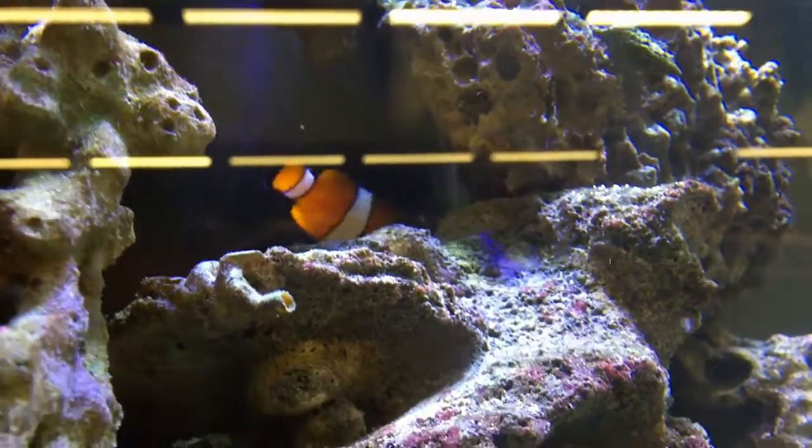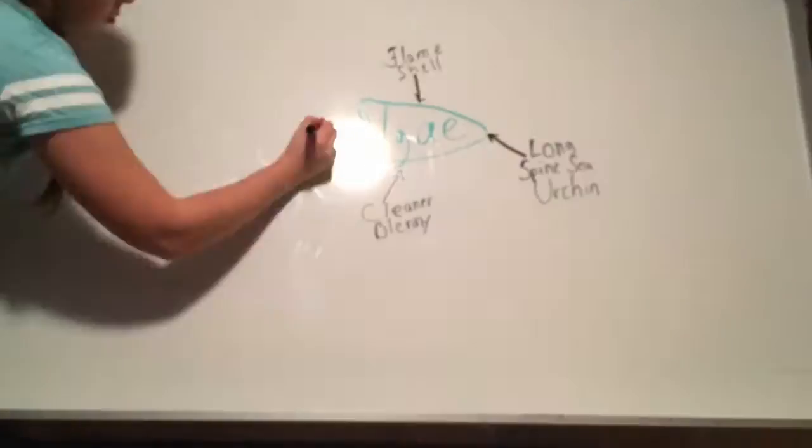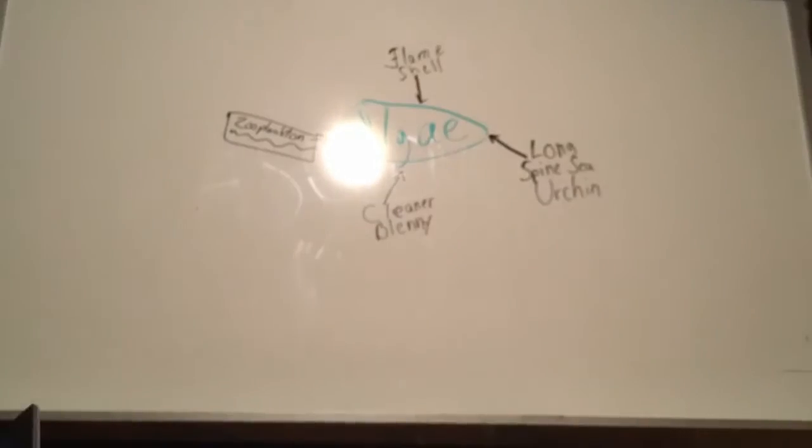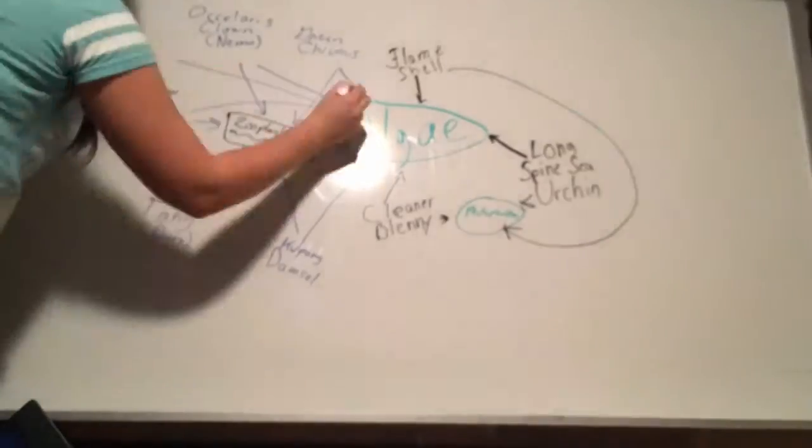The producers, algae, and phytoplankton are in green and feed all the primary consumers: flame shells, long-spined sea urchins, cleaner bunny, and especially zooplankton. The zooplankton and algae feed the secondary consumers and omnivores in blue. This includes the hippotang, ocellaris clown, green chromis, coupang damsel, yellow tang, sailfin tang, naso tang, and all small crustaceans,